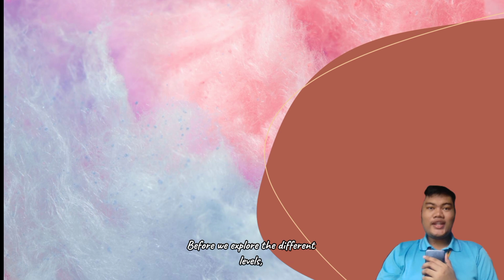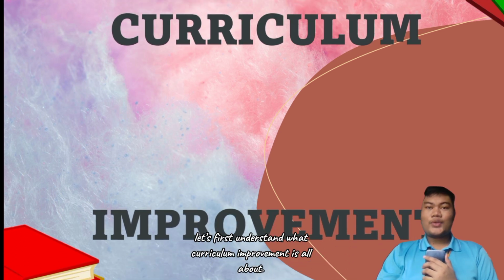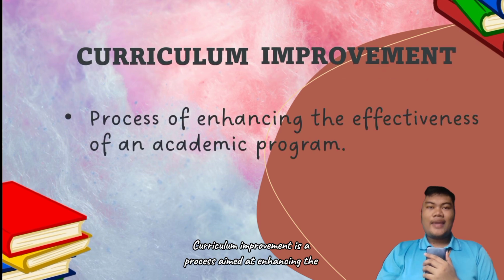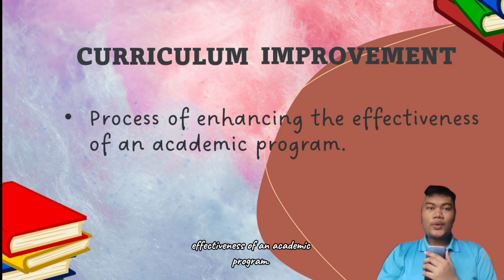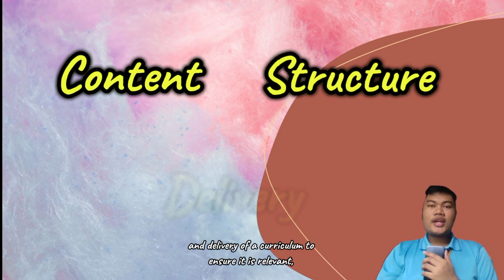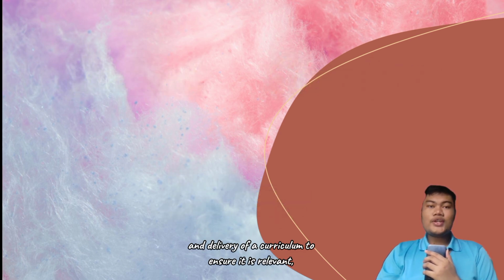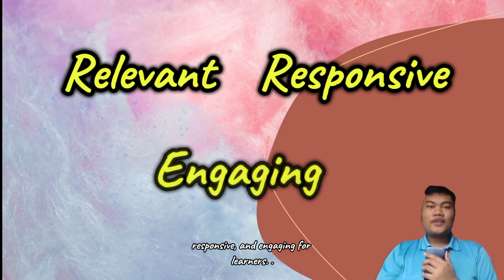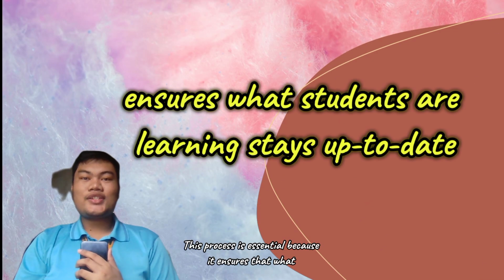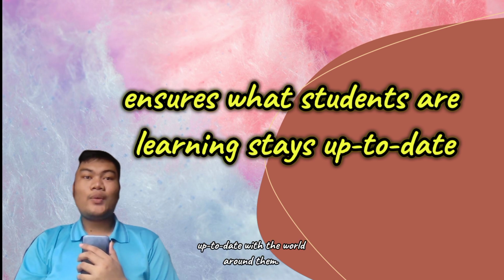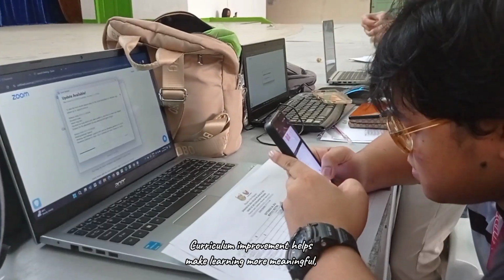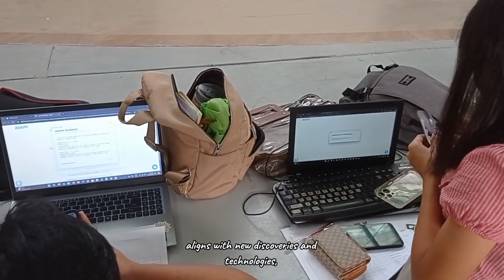Before we explore the different levels, let's first understand what curriculum improvement is all about. Curriculum improvement is a process aimed at enhancing the effectiveness of an academic program. It involves reviewing and modifying the content, structure, and delivery of a curriculum to ensure it is relevant, responsive, and engaging for learners. This process is essential because it ensures that what students are learning stays up to date with the world around them. Curriculum improvement helps make learning more meaningful, aligns with new discoveries and technologies, and meets the